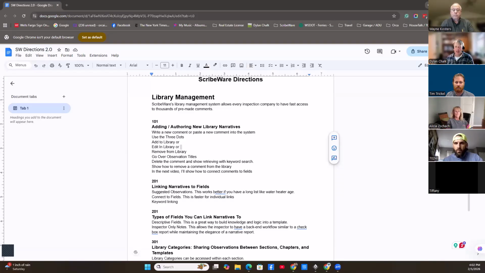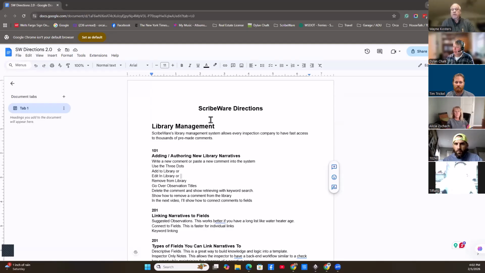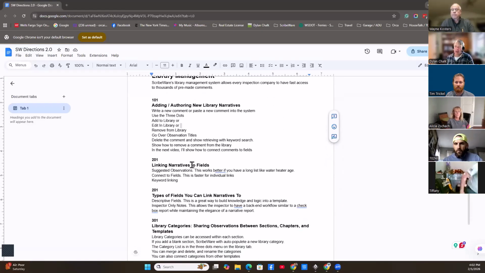My tiny little thing that I have to do is rebuild the Scriber directions, which is like 10 years of videos and stuff. So it's no small feat. But anyway, I'm working on just focusing on library management because it came up. We had a scriber that just wasn't sure how to save a comment to a library